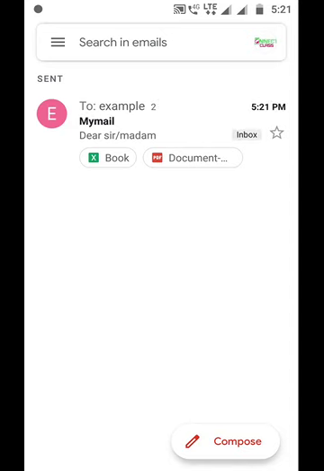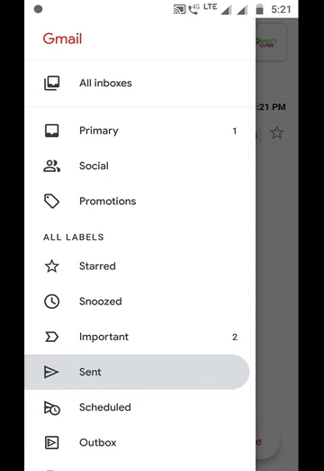So this message has been sent. You can see the timings also, you can see the attachments also. So in this way you can send the email with the help of